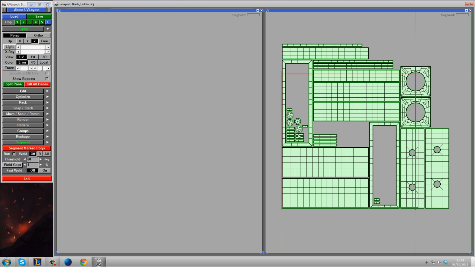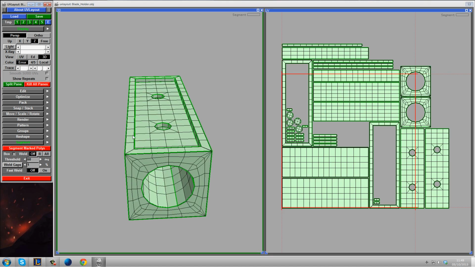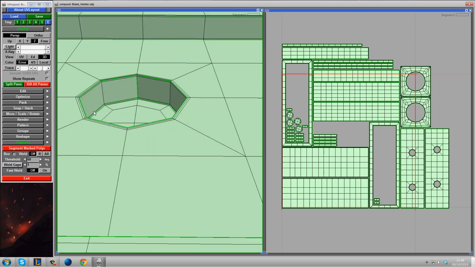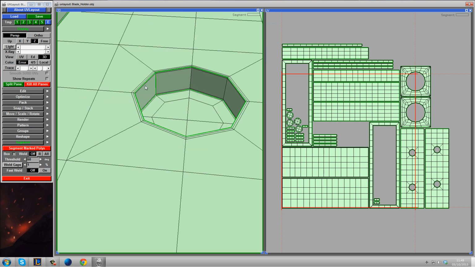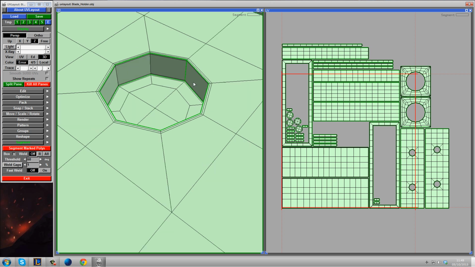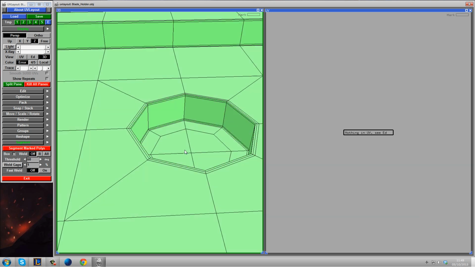Now, because of these objects in here, if we go into the 3D view, in this window, you can see that these points are actually, some are connected, then it stops, and then some are connected and then it stops, and that's because of the degrees here. It's only set to 60, so this here is a 60-degree angle, and then this one round here is also a 60-degree, and then this one is a 60-degree. So because of that, using the weld off is particularly good, because it just means you need to do more welding. So I'm going to Control Z that to undo that,